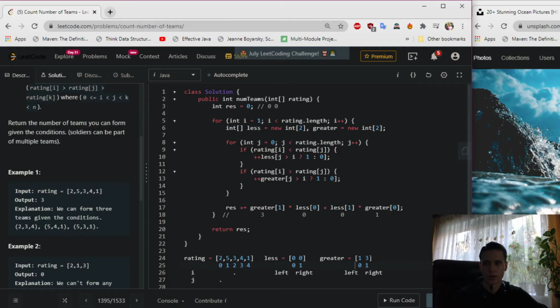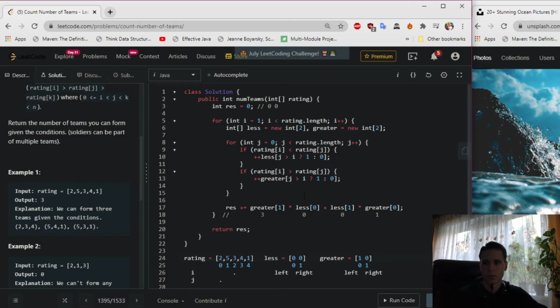Here we got zeros because we just created new arrays. We got zeros here. We increment by 1 here,